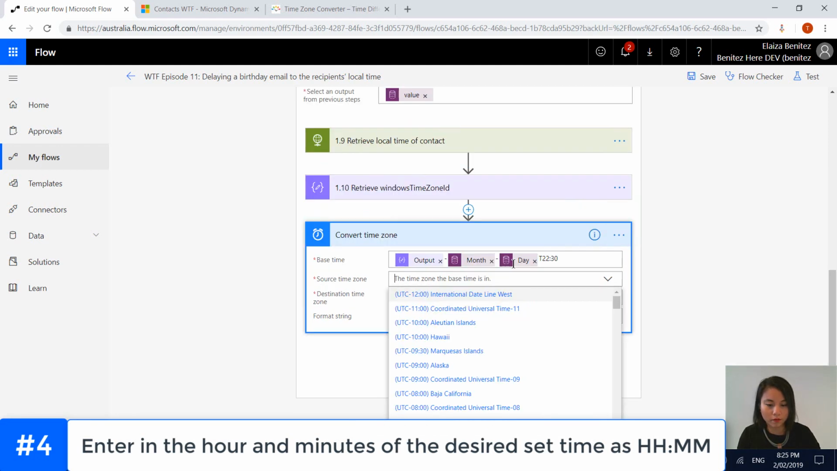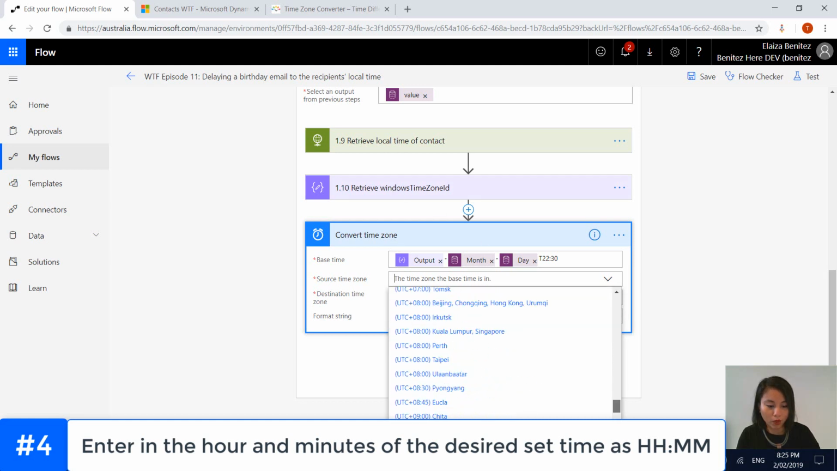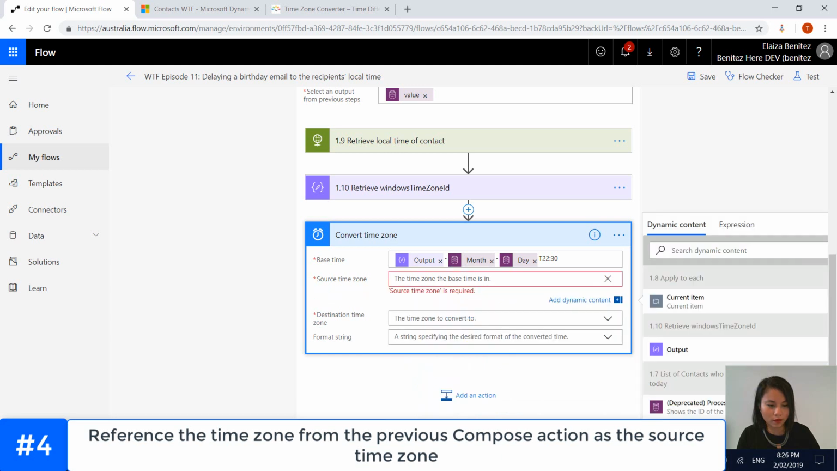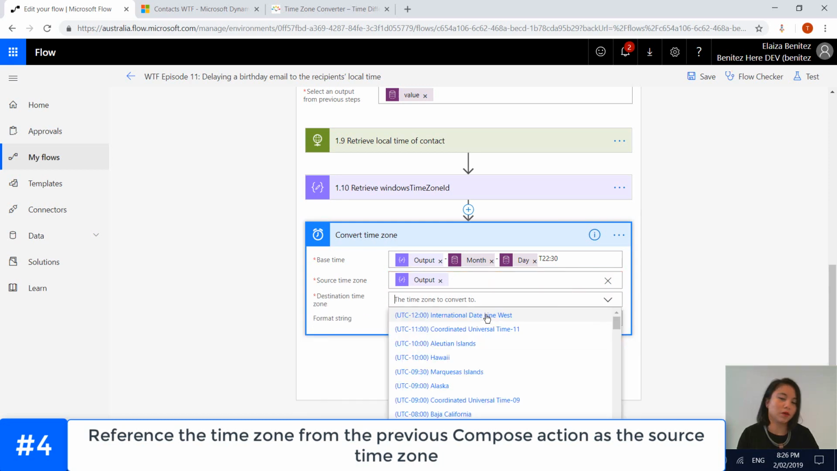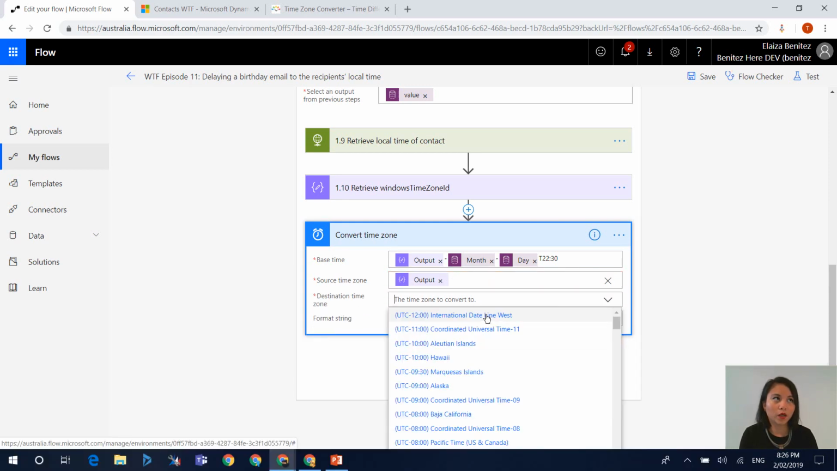And then the source time is the local time of the recipient. But rather than typing it in, because we have this compose action in the previous step, we want to select that action. So that is this one over here. And then in terms of the destination time zone, this is important. If you were to select the Melbourne time zone, which is my local time,